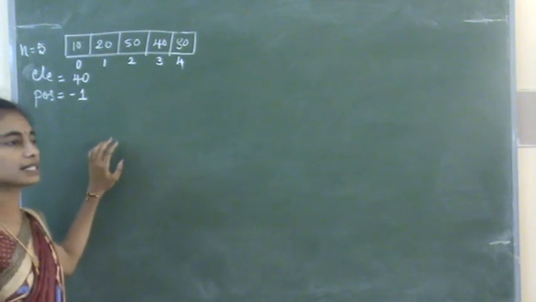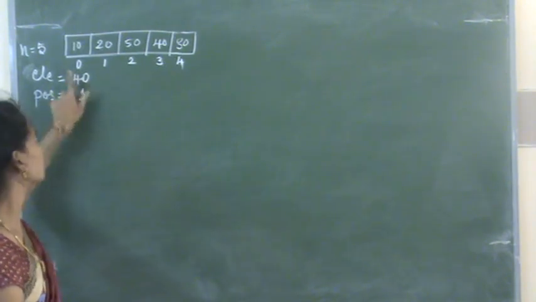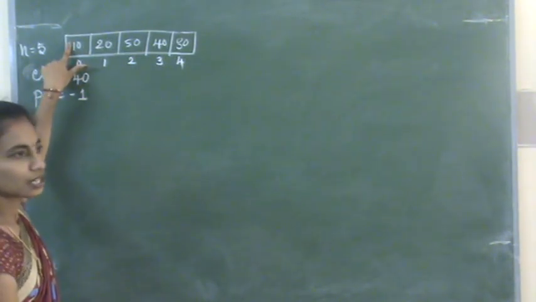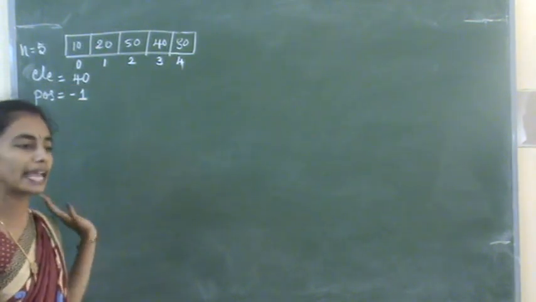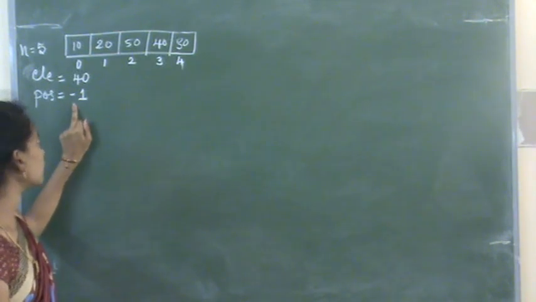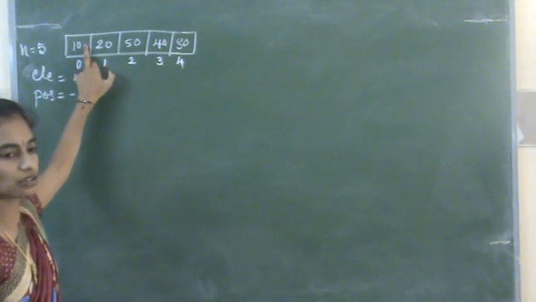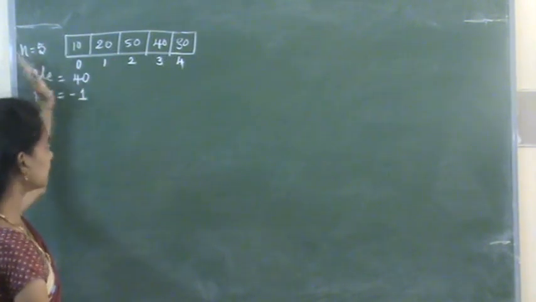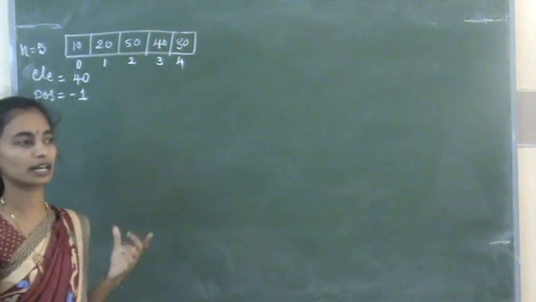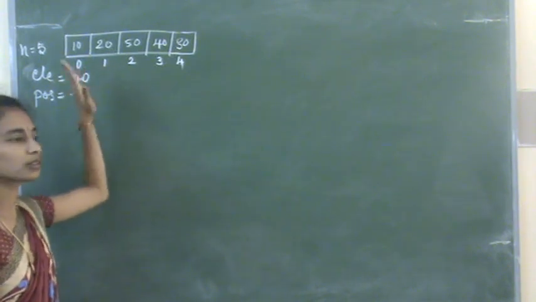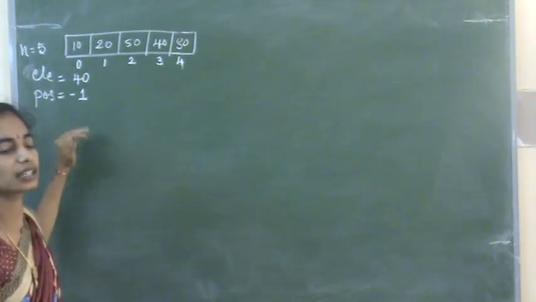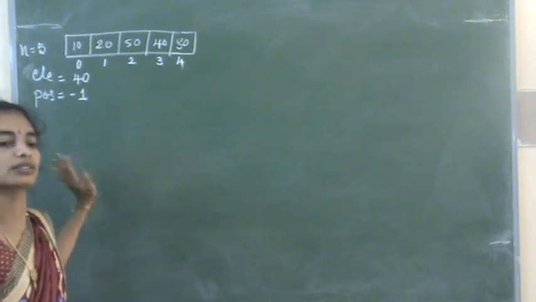Okay, so why? Because if we assign this position value as 0, the 0 index has the element 10, right? So if we are searching for the element 80, and we assign the position value as 0, the 0th index has a value 10, so that becomes wrong. So for that we take a negative value, because the array index only has non-negative values, starting with 0. So I will assign a negative value, below 0, to this position, to check whether it is greater than -1 or not.